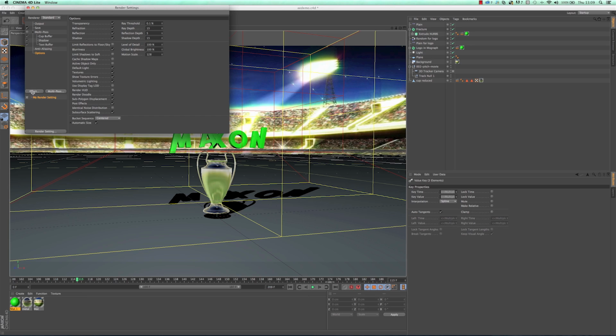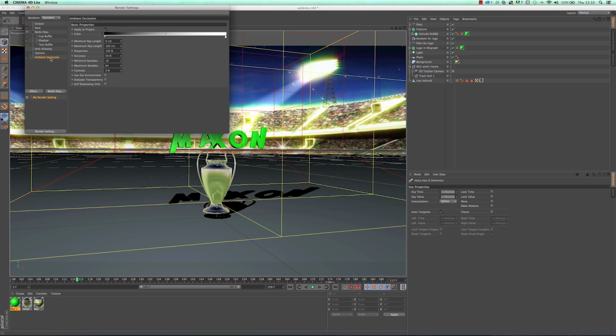So that's quite cool. The other thing that's quite nice is under effects, you've got ambient occlusion, which is like a very simple global illumination. It gives basically nice shading in the corners of things, so we might see it in the corners of text or in the corner of a room, that sort of thing. So that's something you can chuck on just for a quick nice shading. So that's the other thing that's quite useful, and there's all kinds of other effects that you can play with in here.